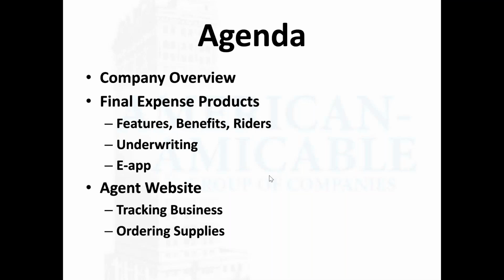Just as an overall agenda, we're going to go through the overview of our company first. We'll go through the final expense products, so features, benefits, riders, some specifics about things that I think are important that you as an agent can utilize to make more sales out there. The underwriting of the product itself, we'll take kind of a deep dive into what some of the different sections are there, and then how the e-app kind of wraps around the whole thing